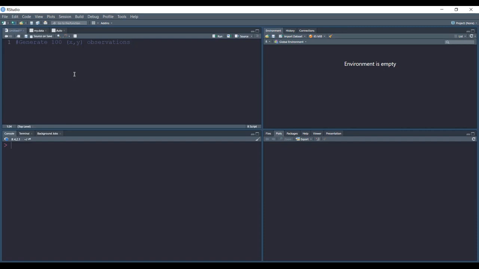So generate 100 x comma y observations using some predetermined linear relationship, y is equal to beta naught, I'll just write it as a and b, a plus bx,